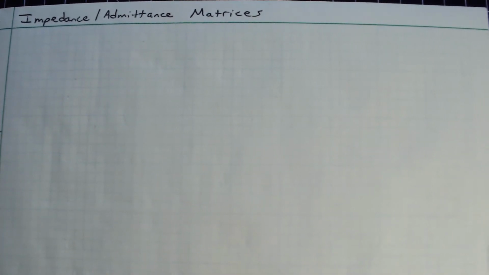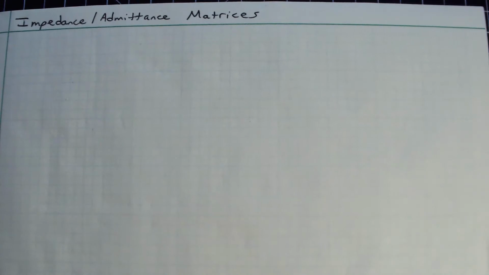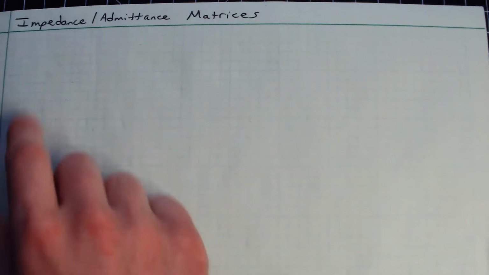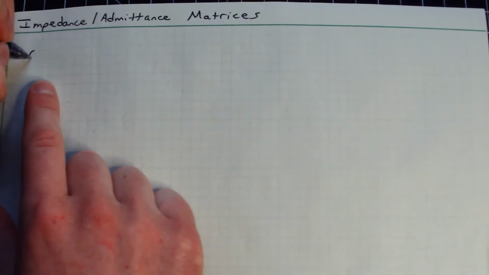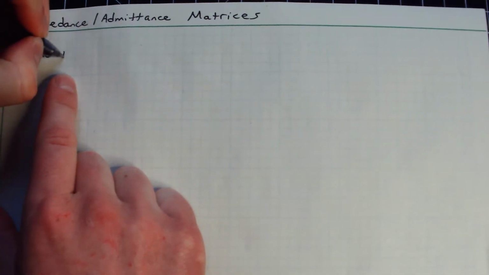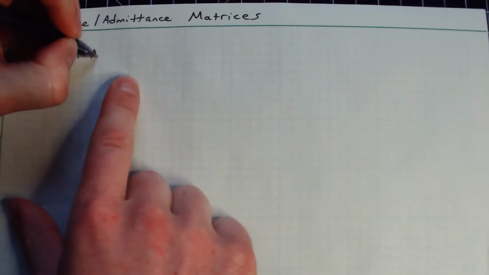Hey everyone, let's talk about the idea of an impedance versus an admittance matrix. This is going to be our first introduction to microwave network theory or network analysis. So up to this point, we've basically been describing and practicing and solving problems with what you might call a one-port network. Okay, so that's an important term, one-port